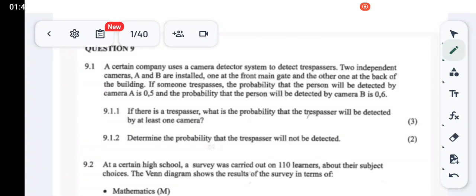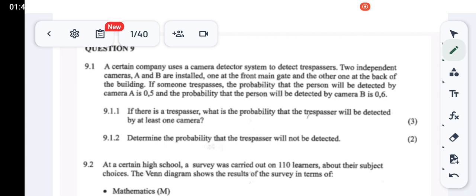Okay, question 9, probability grade 11 and 12. Okay, 9.1, a certain company uses a camera detector system to detect trespassers. Okay, two independent cameras, A and B. That's very important because that statement is telling us that the two cameras